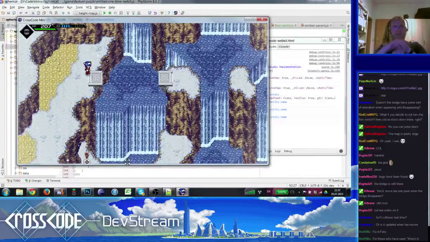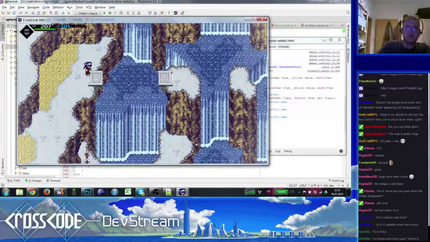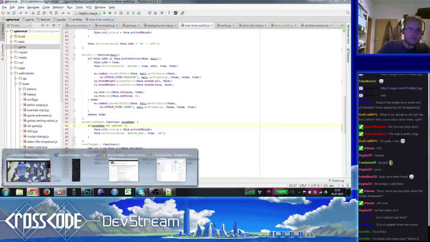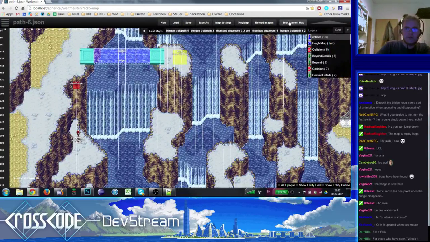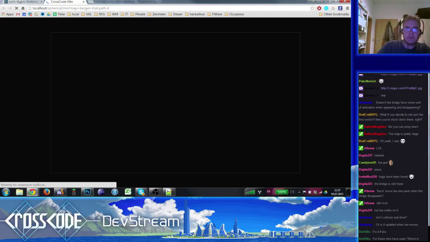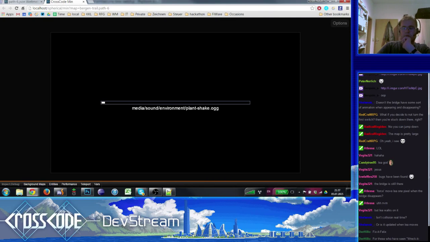That's something I'm probably gonna want to debug in the browser. Test current map. So how can I, maybe I could get this fixed.